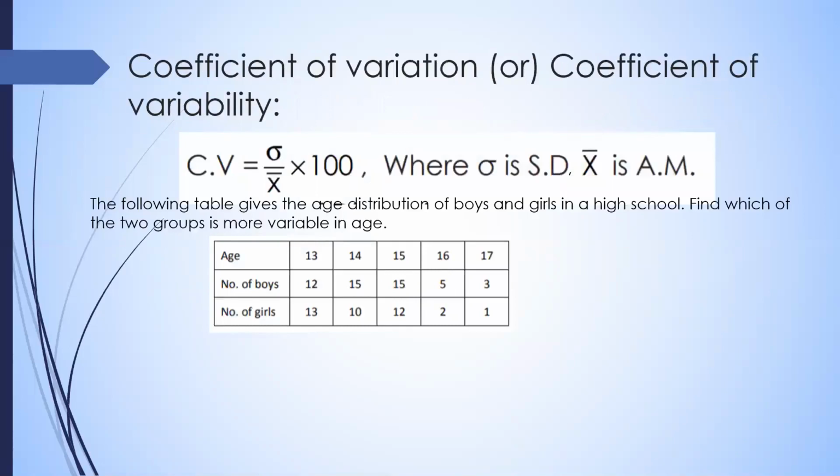Now, again, we have the coefficient of variation, or the coefficient of variability, that is taken into consideration when you want to compare the variations in two different data sets. Okay. So here we have an example where the table gives the age distribution of boys and girls in a high school. We want to know which of the two age groups has higher